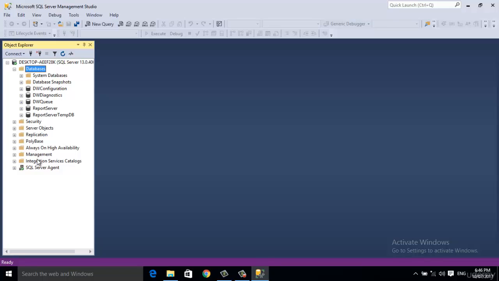Microsoft provides some default databases along with the Microsoft SQL Server installation. You can see these databases here.